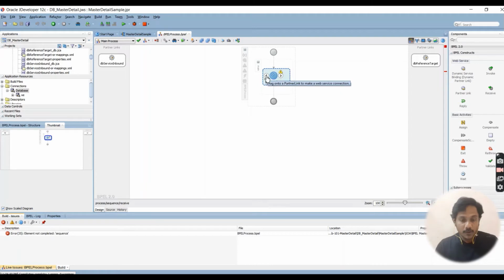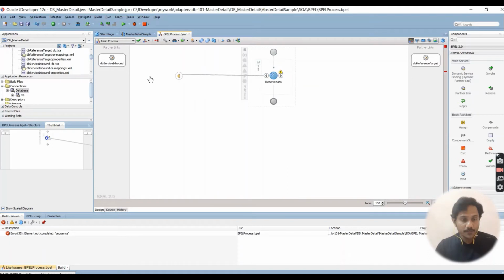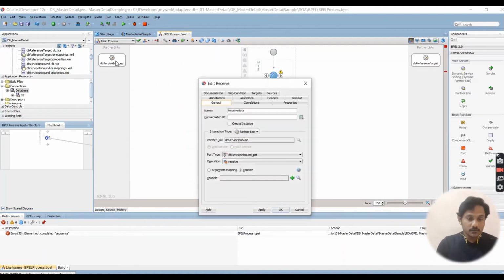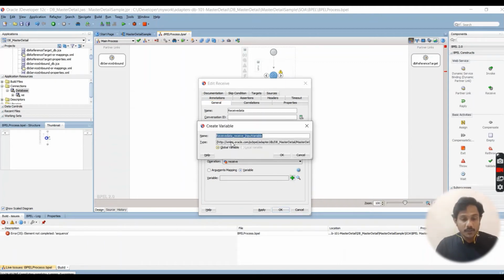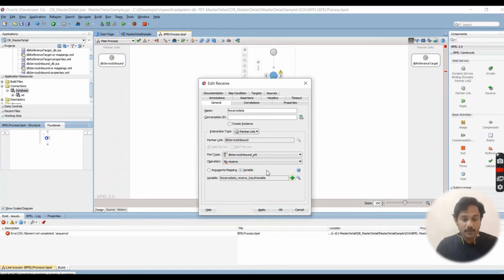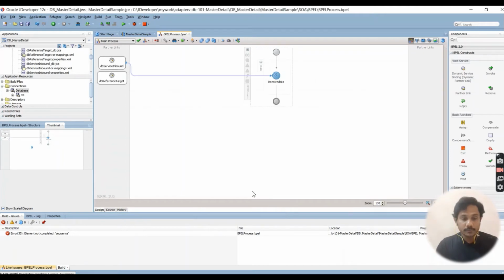Now we are going to connect with the partner link, that is our source DB adapter. Here we are going to create a variable to store the source data. So this variable is automatically created. Now you have to select create instance, otherwise you will get an error. Click on OK.